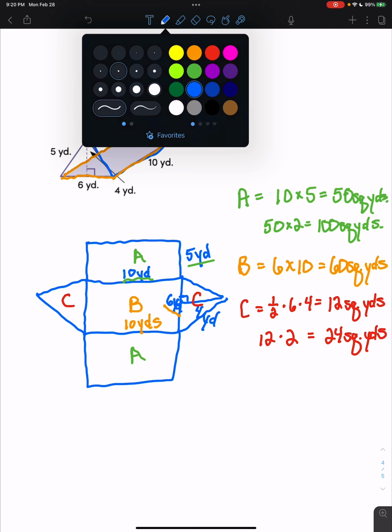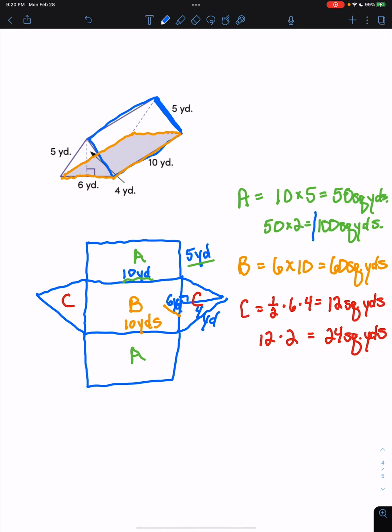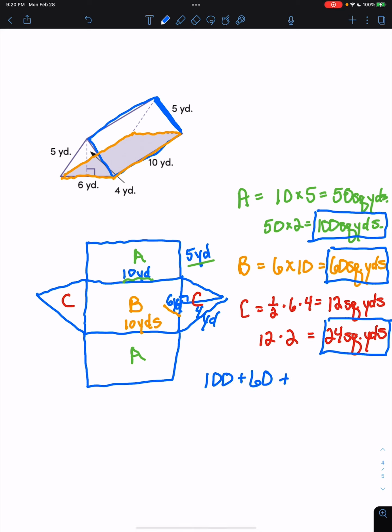Now we have to add up our 100. I'll go back to blue here for my final answer. 100 square yards plus 60. Whoops, my board went to erase. Plus 24. So our final answer is 100 plus 60 plus 24, which gives us a total of 184 square yards for this